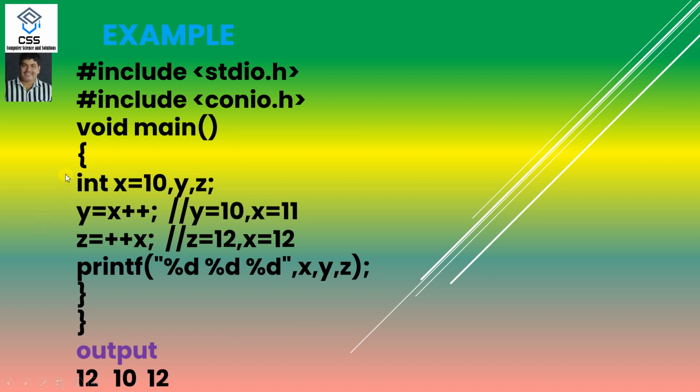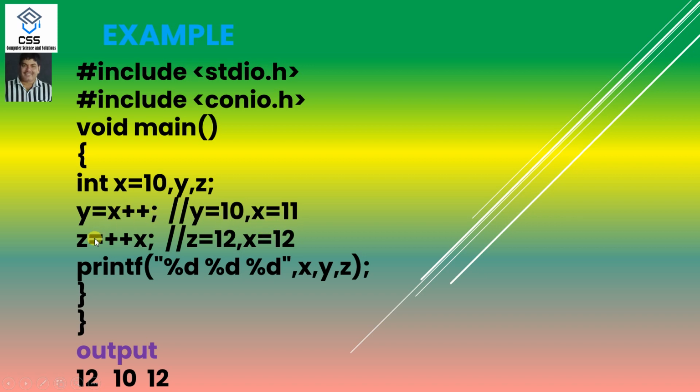Remember, we are coming directly to the logic part. There is no need to talk about the main header files. Suppose I store a number value as int x equal to 10. Now I want to calculate in terms of unary operator. Here, x plus plus means it is a postfix type. In postfix logic, first it stores the value, then increments. So x value is 10, now y carries 10